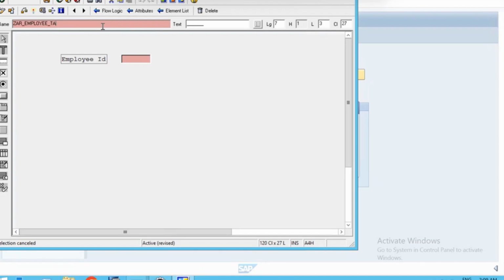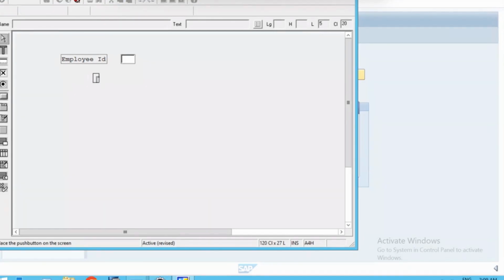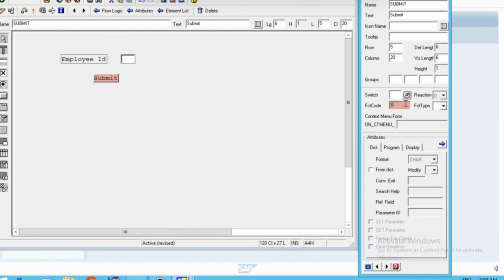Employee underscore tab, right? I can simply have one submit button. So submit. And we can just give a function code with the same name,